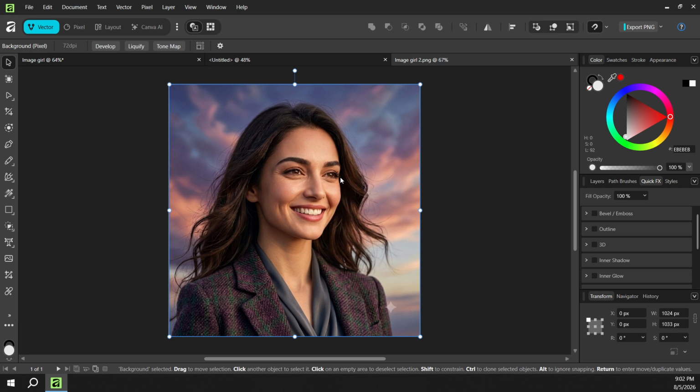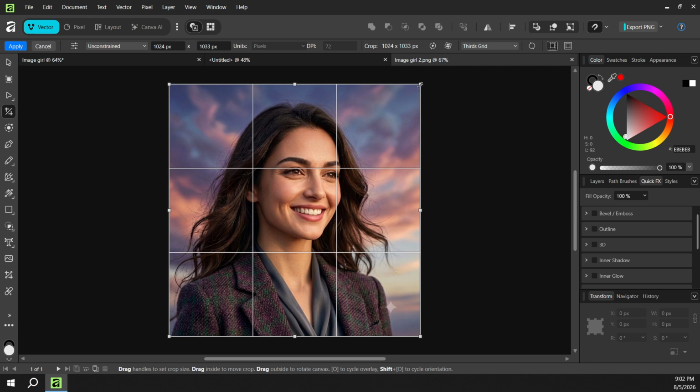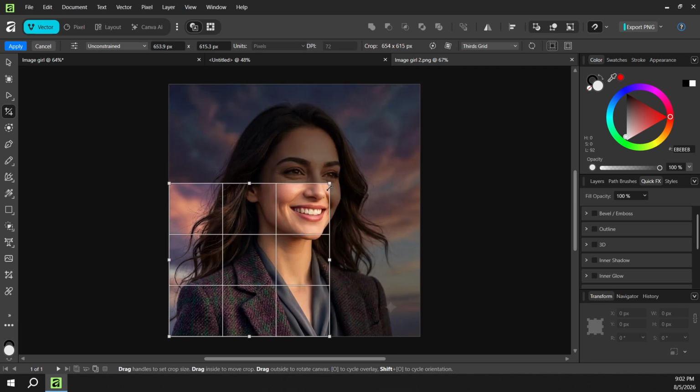With your image on screen, it's time to crop. Select the crop tool and frame your face so it's the natural focal point. For most platforms, a square crop works well, so set the aspect ratio to 1 if you want consistent results